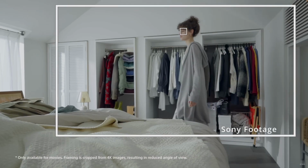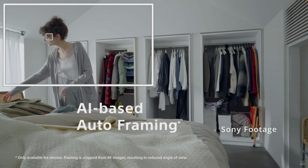And the reason why I don't like it is, first of all, it crops in. And so it's like the camera is not moving at all. If you have a gimbal, the camera will actually move around to follow you. And this changes what the actual background looks like. But with this feature, it's not changing that at all. And it's just changing the framing position, which you can actually do in post. I know that's a lot more work, and so that's kind of why I don't think it's that cool of